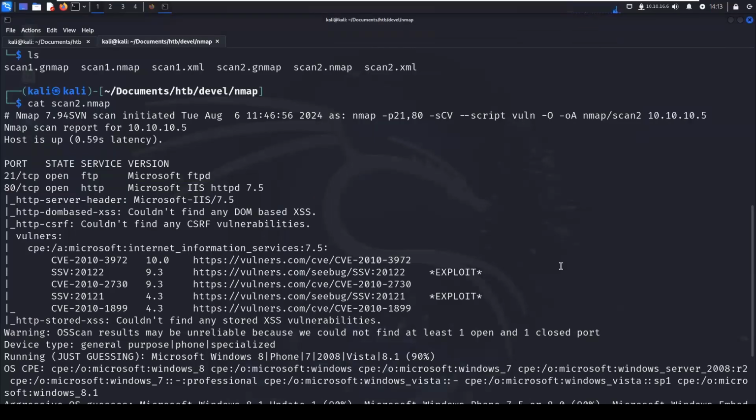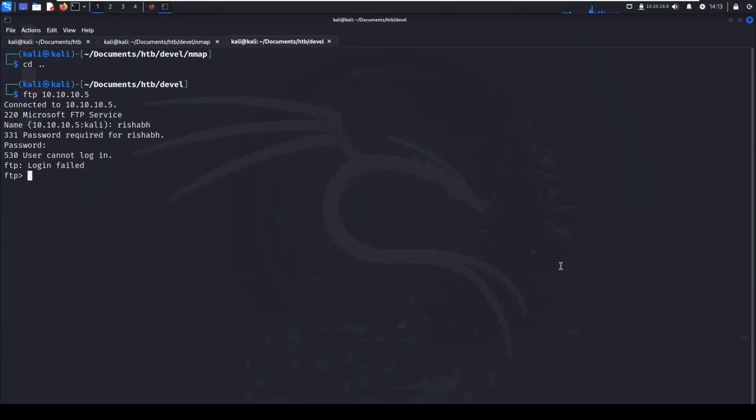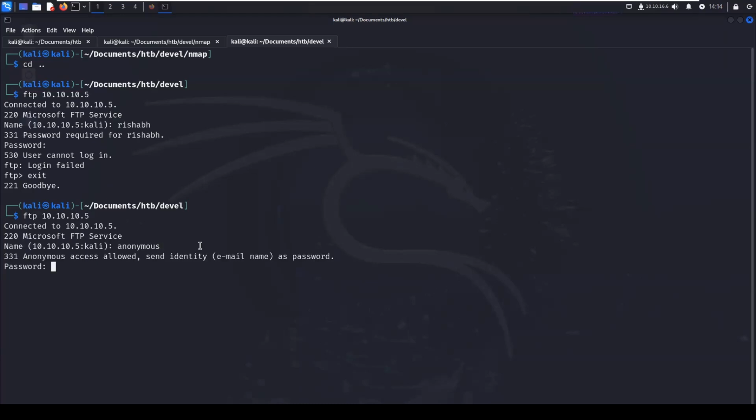What I'm going to do is FTP and the target IP address. For the name, let's say I mention Rishabh, press enter, some password, enter. User cannot log in, let's exit. So when checking for anonymous login access, you have to be very particular with the username. You can only type anonymous as the username. Any random username is not going to work for anonymous login access. So if I go about doing the same thing using anonymous and some random password, 123456,